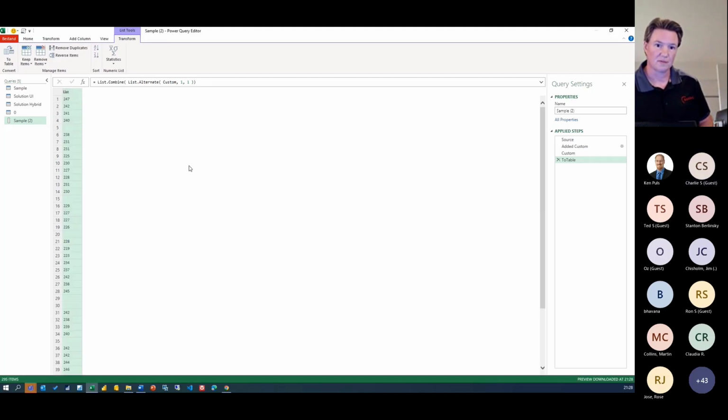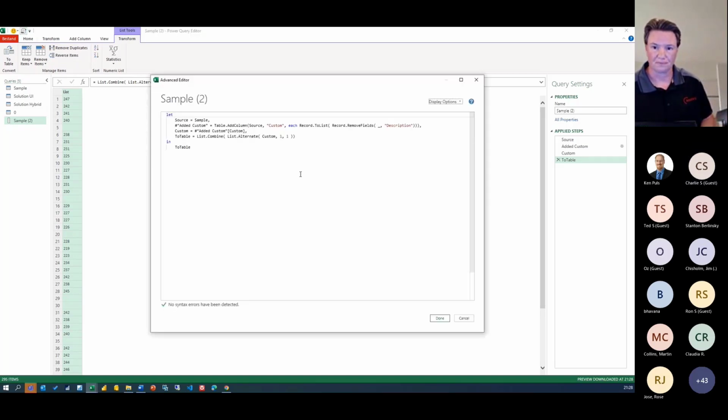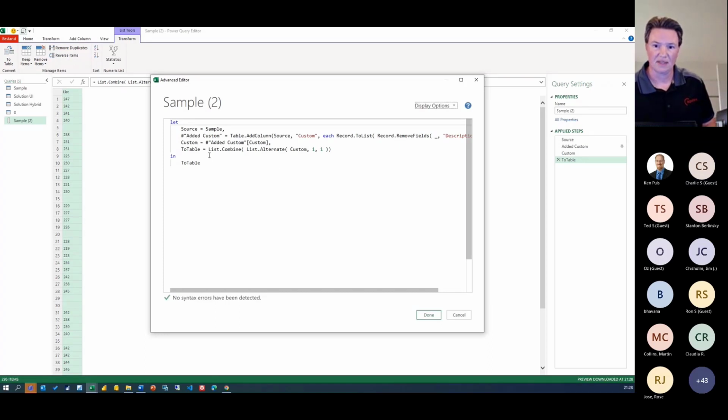Let's press that check mark, and that now returns all of the values. So we found a way to extract both types of values, and of course, we need to stitch these two lists together to form a table again. So I'll open the advanced editor window. I'll zoom in a bit. And let's create a table.